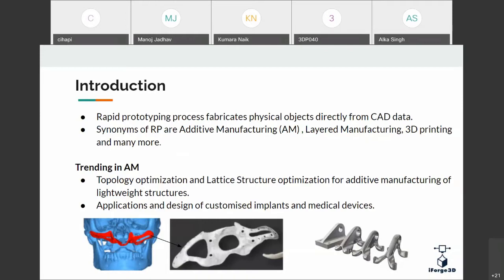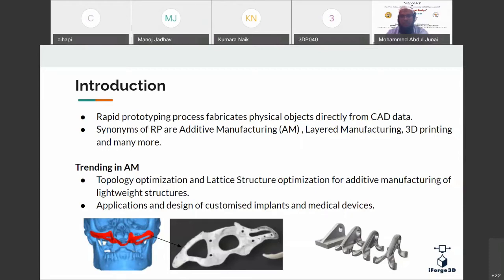Coming to additive manufacturing technology, or 3D printing, why is it so much of an issue? We don't talk much about conventional or traditional manufacturing, but nowadays we are hearing a lot about additive manufacturing or 3D printing.